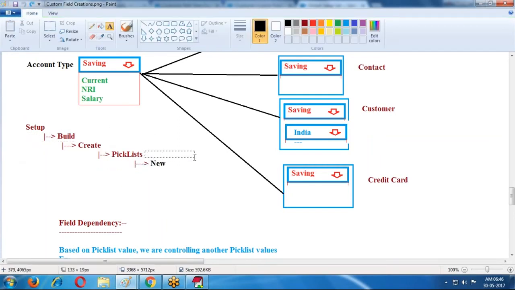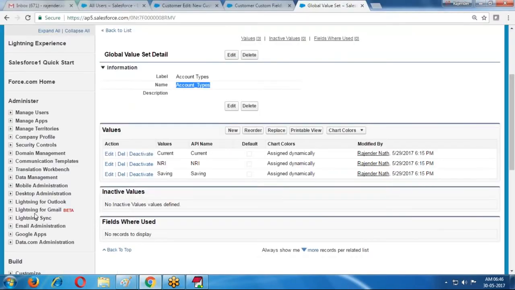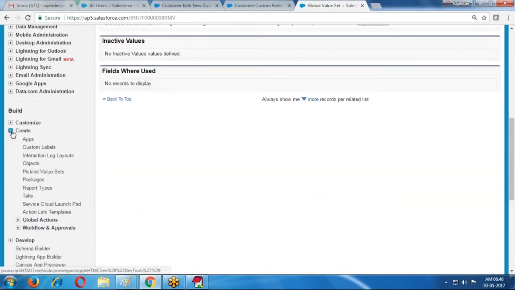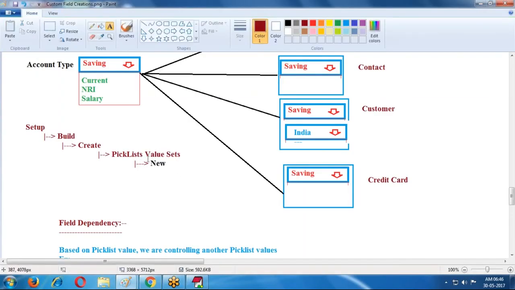The old name is pick list. Here in pick list value sets, this is the new value set I created. Okay, pick list value set, in that, New.